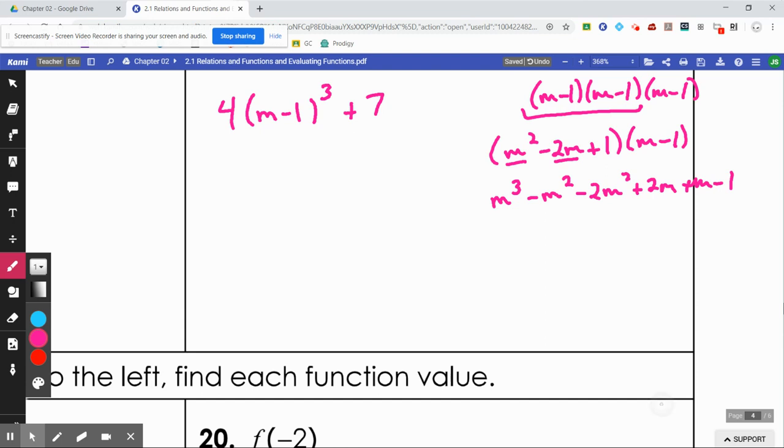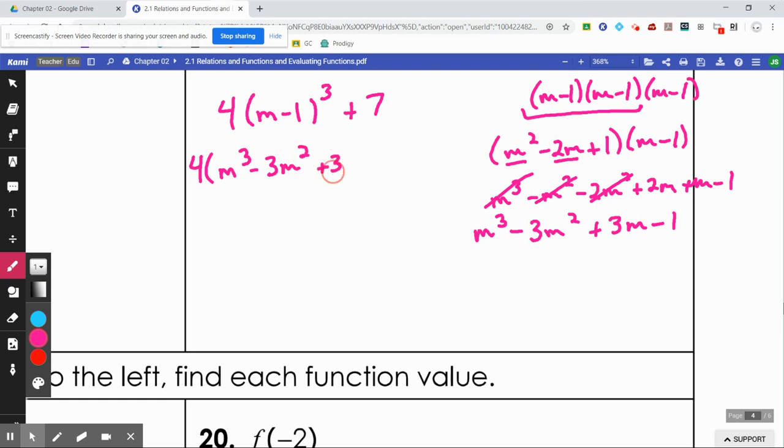Combine all your like terms would be m to the third. Done with that. Now let's combine our m squared to be -3m to the second. Done with those. 2 plus 1 would be plus 3m minus 1. So now I have 4 times that stuff, m to the third minus 3m to the second plus 3m minus 1 plus 7,